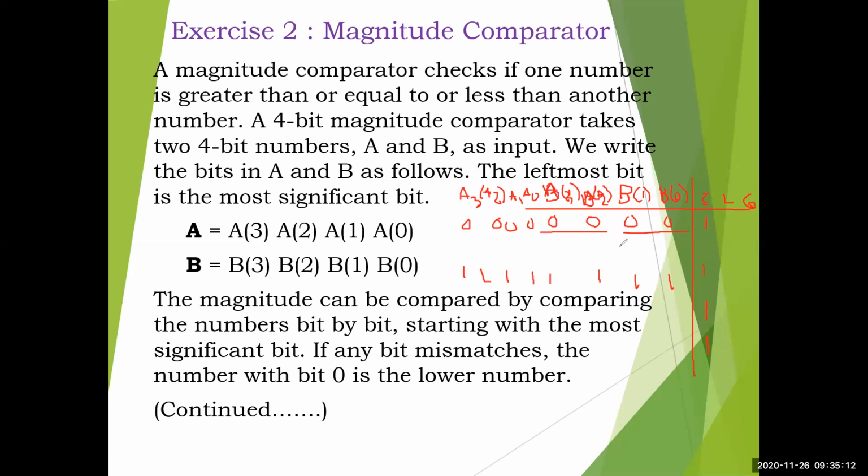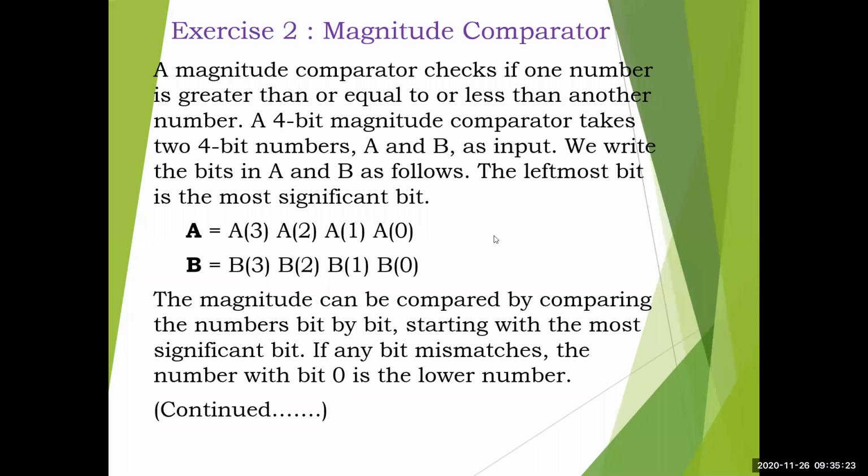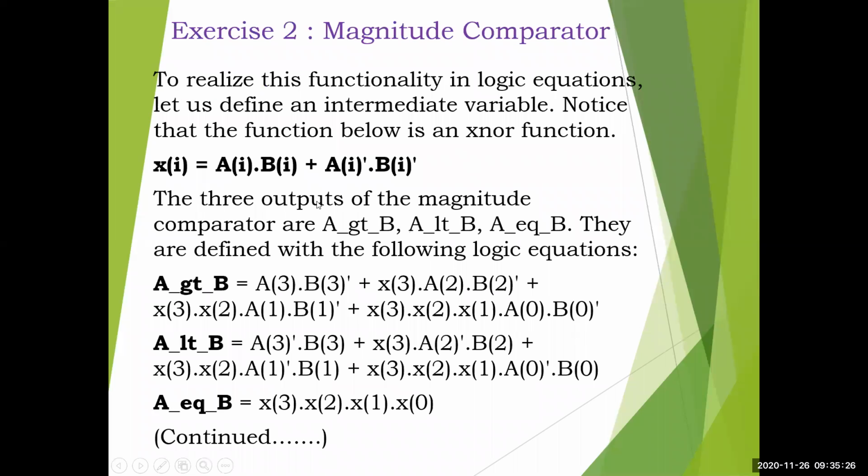So now, hope you have understood this. Any bit width, 4 bit, 8 bit, like that it will come. Only 3 outputs you will have: equal, less, greater. So now you can do the exercise. That's why they have mentioned the intermediate variable. Seeing the pattern, they have given the intermediate variable, this is x of i, which is nothing but what I told you in the very first table, right? The XNOR function will come, right? That's why this function is done, because for all the combinations of XNOR you are getting one. So that's why xi is written, for the sake of writing a equal to b